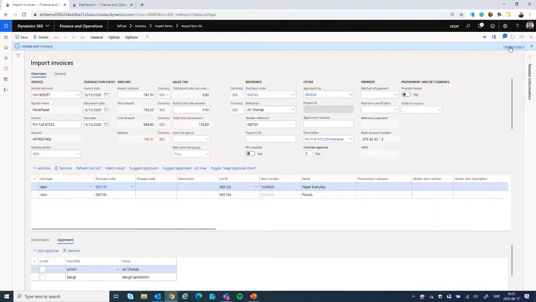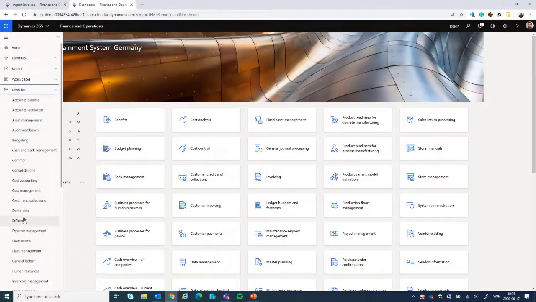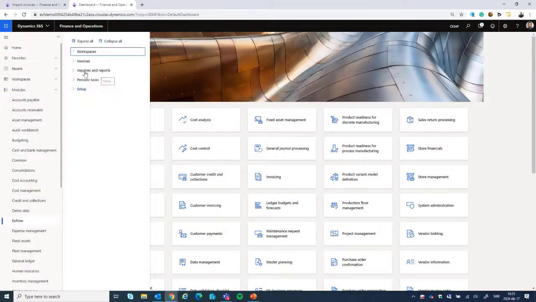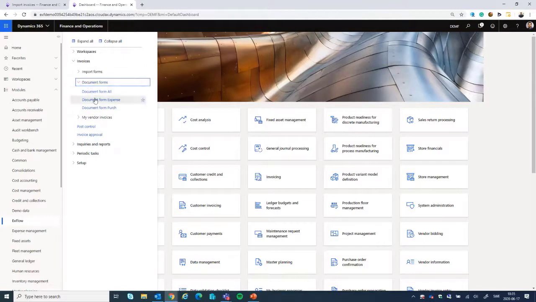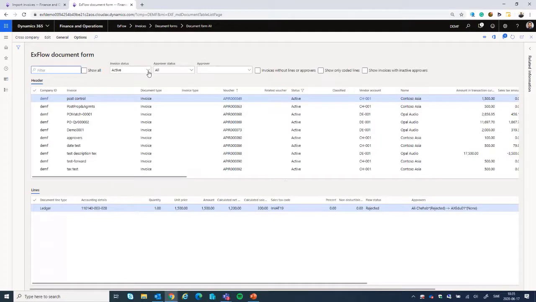So now if you think about the cost invoice, let's just verify that in the document form, the invoice was approved. So if we go to ExFlow, document form all, and then we're going to search by invoice status approved. But before I do this, I just want you to know that the document form is the main form to find all the invoices and trace all the invoices that have been registered from the import form, sent out for approval, or finally posted. So if we go to invoice status and search by approved invoices,